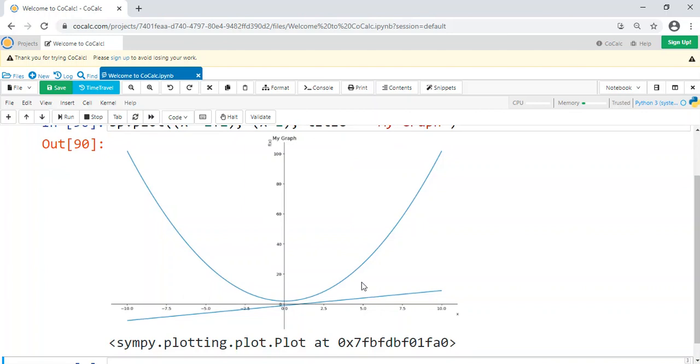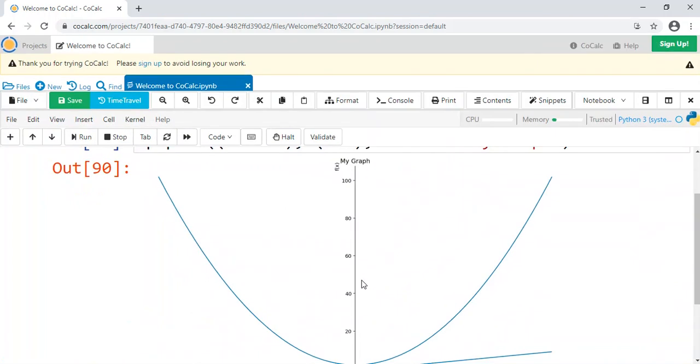Okay, and so that's the basics of plotting and graphing on SymPy. This really is scratching the surface of SymPy. I do hope to have more videos on other SymPy things, as I've alluded to, in the pipeline. So do subscribe if you're interested in that. And otherwise, that does conclude this tutorial on SymPy for beginners.